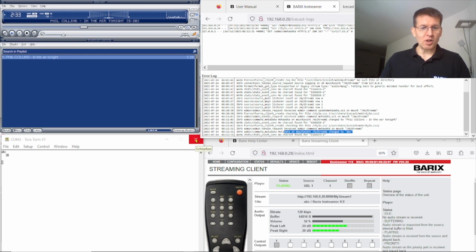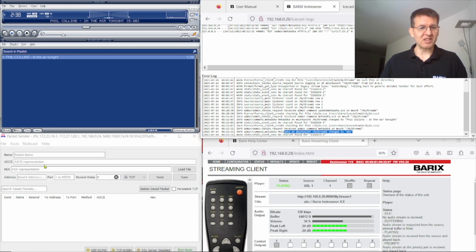Okay, and the last option is TCP. For that I have here the packet sender application, and even that can be used in the same way.